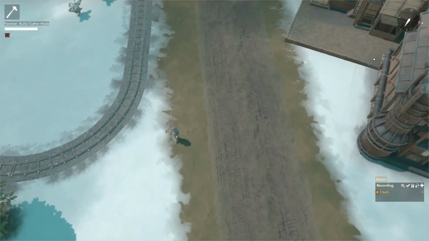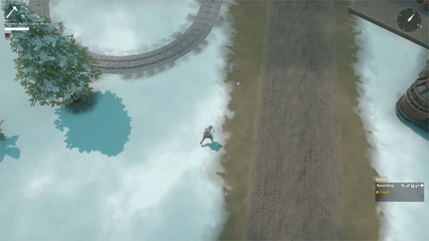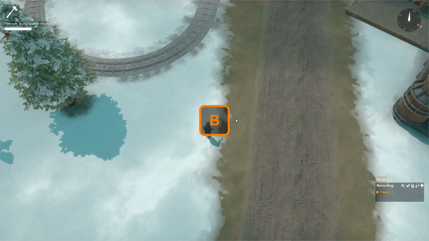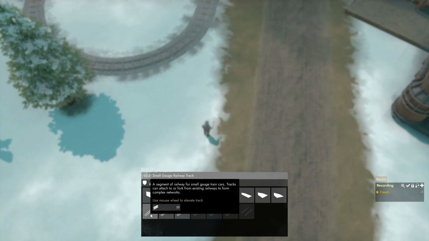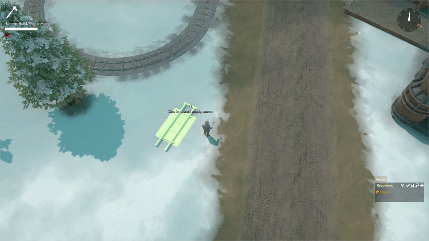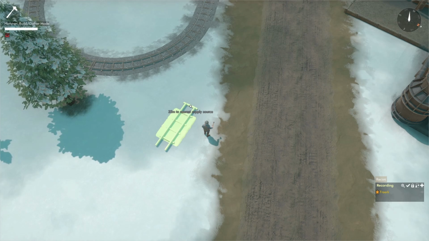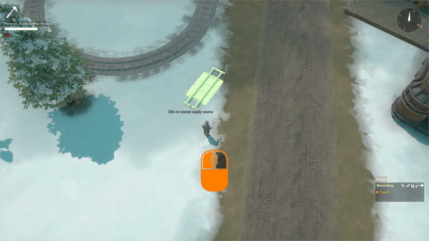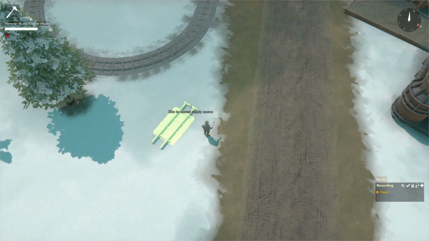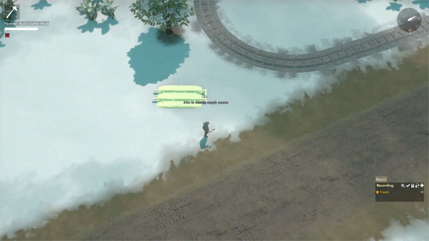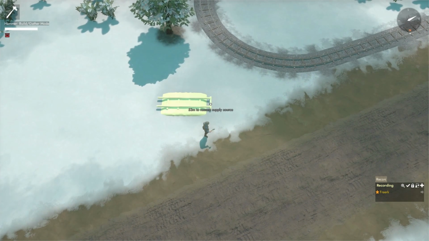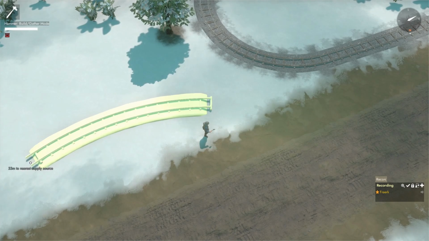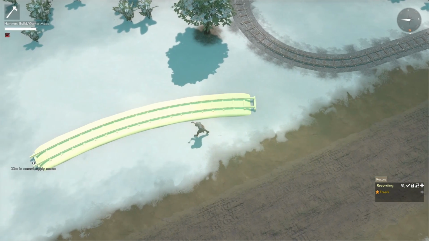be built on foundations. To make a bit of railway, we go into the build menus, select the type of small gauge railway we want, for instance the normal one. If we do that, we get the blueprint of the small gauge railway track under our mouse cursor. If we hold down the right mouse button, we can change the starting orientation of the bit of railway track. If we are happy with the starting orientation, we can left click and drag out the bit of railway track,